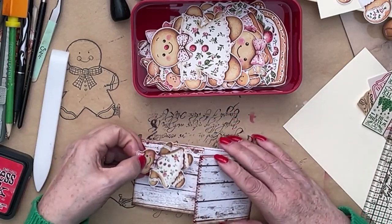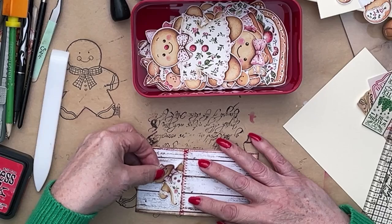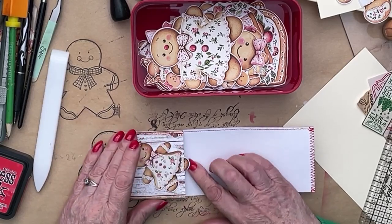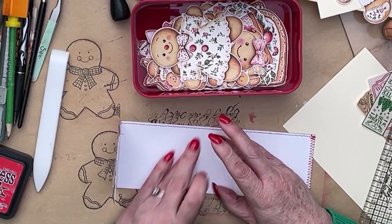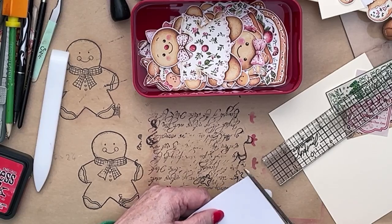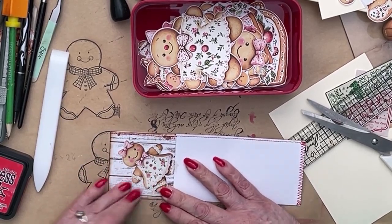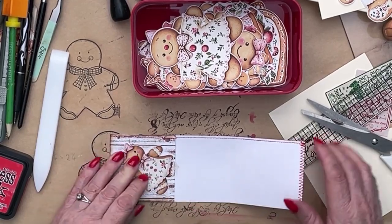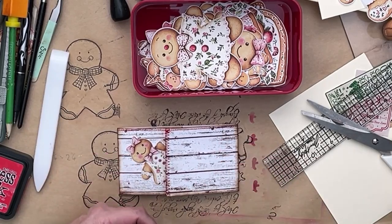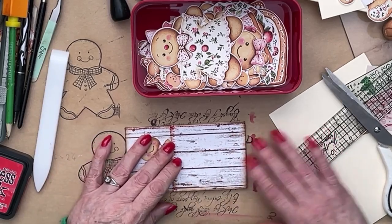Right, so where are you going to go, my lovely? About there? Yeah, about there. Let's stick her down, not this foot, which I already managed to get glue on the back of. Let's cut that off before I do any more damage. So there we go. She's nicely stuck down there, and yes, I could make that into a pocket, but I'm not going to. I like the fact that you can see her sticking out there,